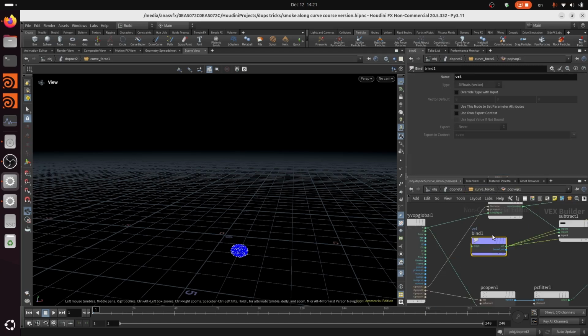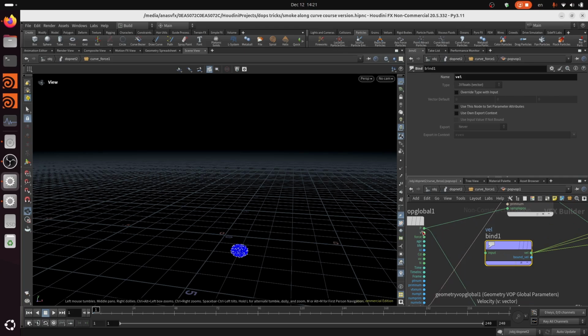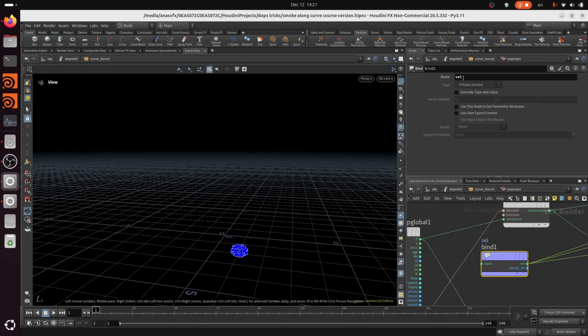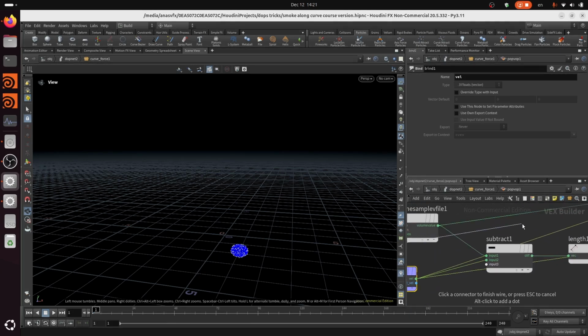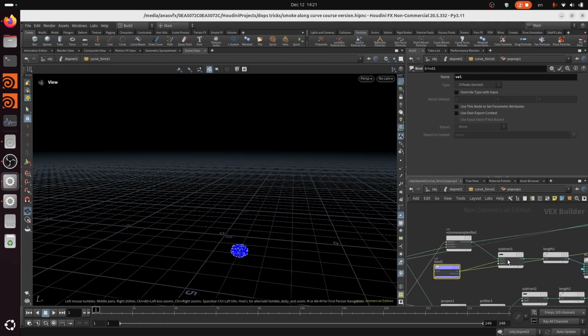But here the bind node grabs attributes from the points. So we already have the velocity here as v, not vel. So either you rename this vel as v, or you can use the velocity here of the particles instead. So connect it here